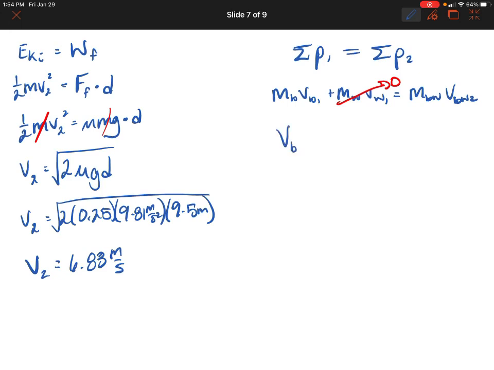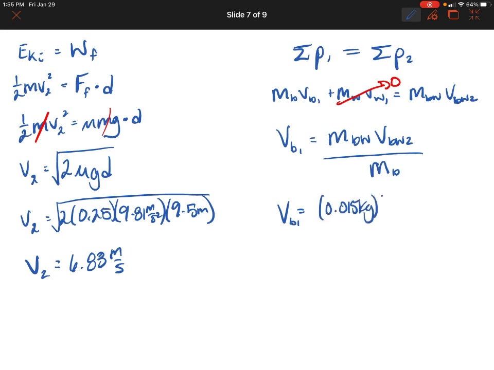And then we see that if I want the velocity of the bullet at position 1, I just need to divide both sides by the mass of the bullet. So this is the case in which we actually need to make sure we know the mass of the bullet and the wood block together. Remember, the mass of the bullet was 15 grams and the wood block was 1.10 kilograms. So I have to add those together, making sure I turn 15 grams into kilograms.